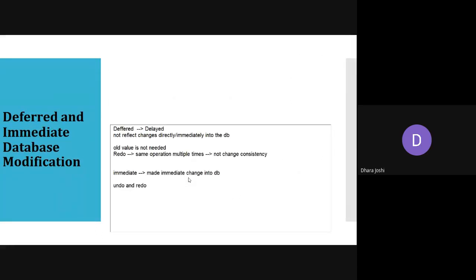So we have known that deferred means delayed. The changes which you are making, writing or updating the value, will not be reflected immediately. It will be delayed and reflected into the database only once we have the commit operation. So here we do not need the old value because we are just waiting for the